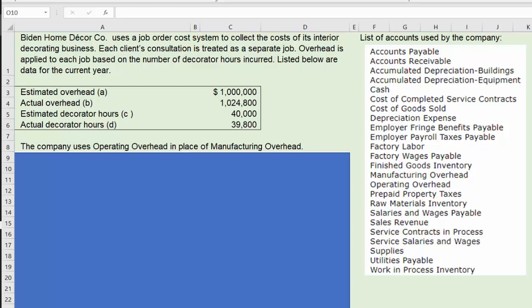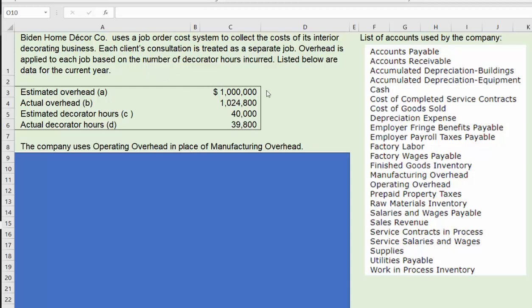All right, let's explore this job order costing scenario. I'll read the information that you can see right here. It says Biden Home Decor Company uses a job order cost system to collect the cost of its interior decorating business. Each client's consultation is treated as a separate job. Overhead is applied to each job based on the number of decorator hours incurred, and listed below are the data